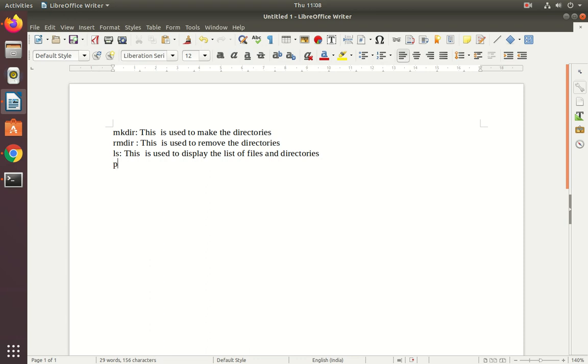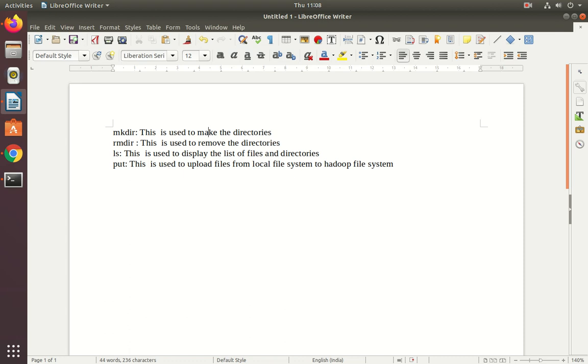And next, the put command, used to upload files from the local file system to the Hadoop file system.